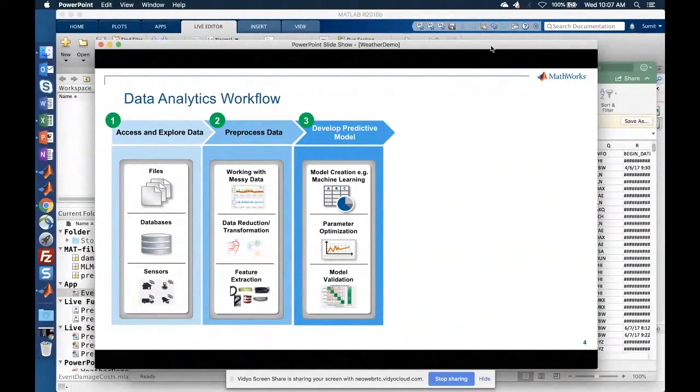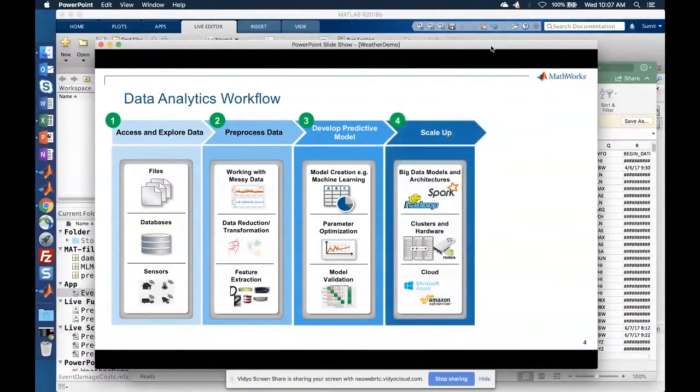We do things like parameter optimization if we are fine-tuning a system, and so on. A lot of these things can be done at different scales, but typically for large-scale applications, this is the point when you start thinking about scaling up as well. And scaling up can mean different kinds of things. It can mean scaling up to Hadoop Spark-enabled clusters.